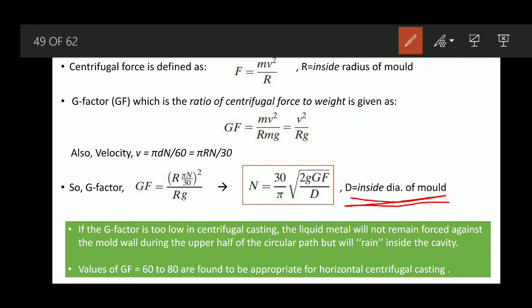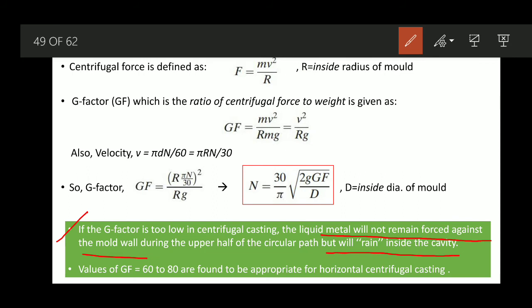So d is the inside diameter of the mold. Okay, inside diameter of the mold. Don't constitute it as the inside or outside diameter of the cast. So it is the inside diameter of the mold. Now if the z factor is too low in case of centrifugal casting, the liquid metal will not remain forced against the mold wall during the upper half of the circular path,